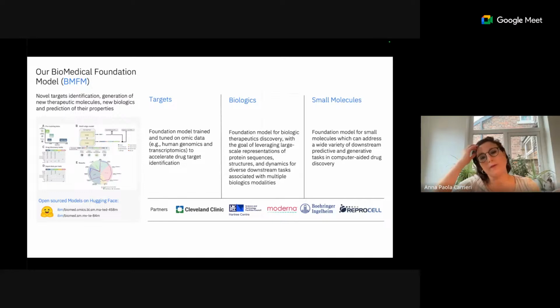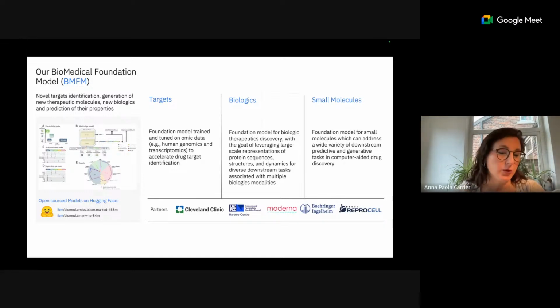So now to our IBM biomedical foundation model, which has been recently open sourced, at the end of last year. We open sourced part of what we are developing because we are still making progress on it. And I want to emphasize that this is a global effort. It's not only the UK team involved in this development, but a global effort in the US, in Israel, in Japan, and so on.